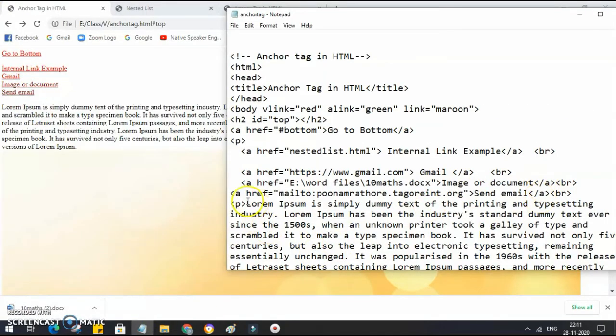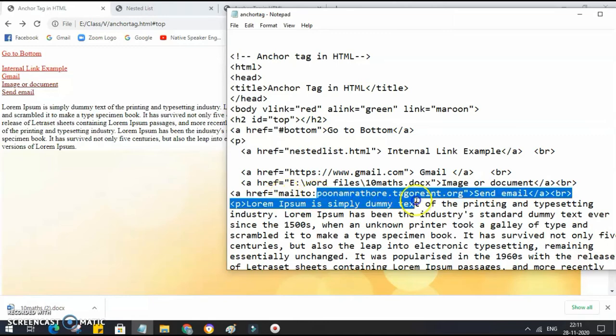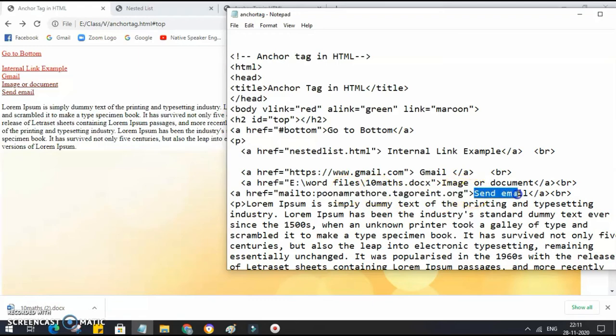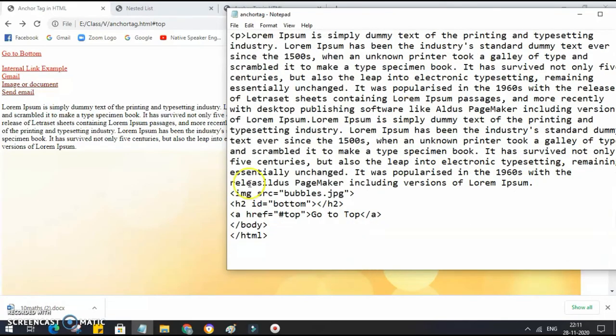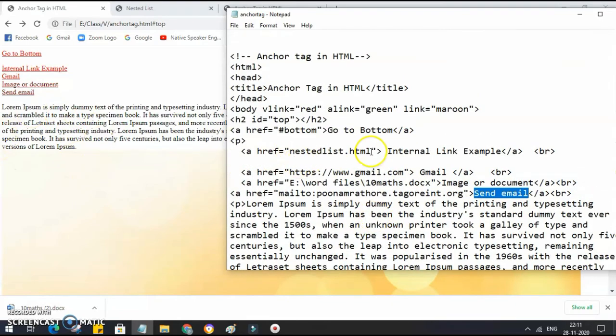Okay. Then last is mail. If you want to link your mail, with the help of mailto, they are the keywords, you have to write them. Mailto, and then you will write the address at which you want the user to send the mails. Okay, and then you will write these words which will appear on the web page. Then I have just added this paragraph so that I can go to top, I can have my top and bottom. Then I have added this image as well. So this is just simple. It will go to top and bottom. They are created with the help of name attribute.